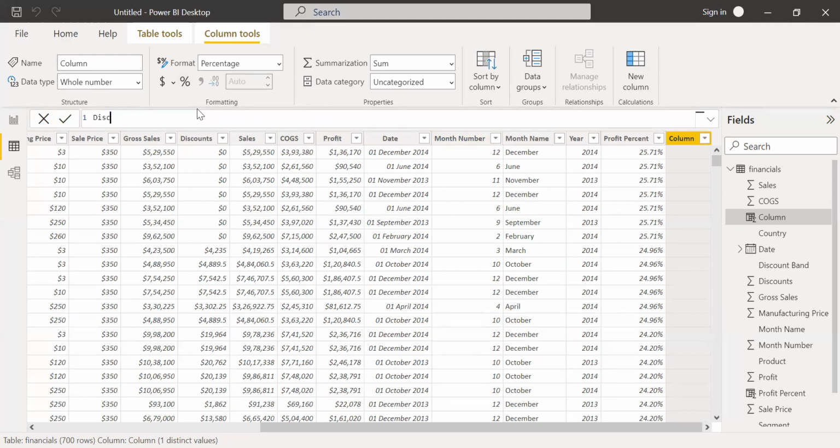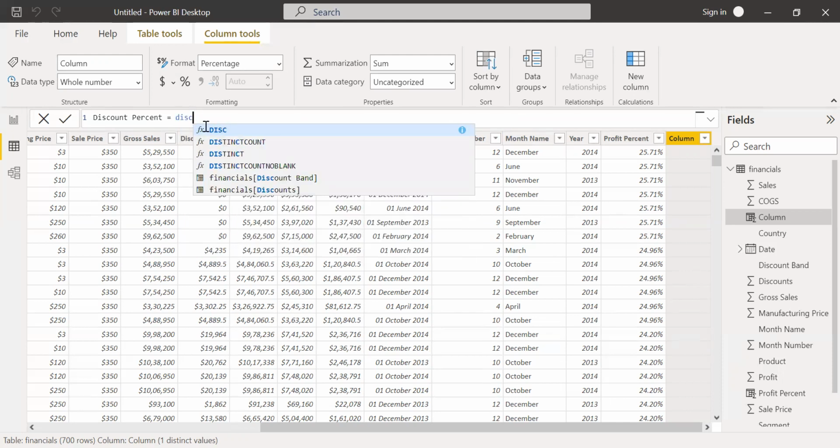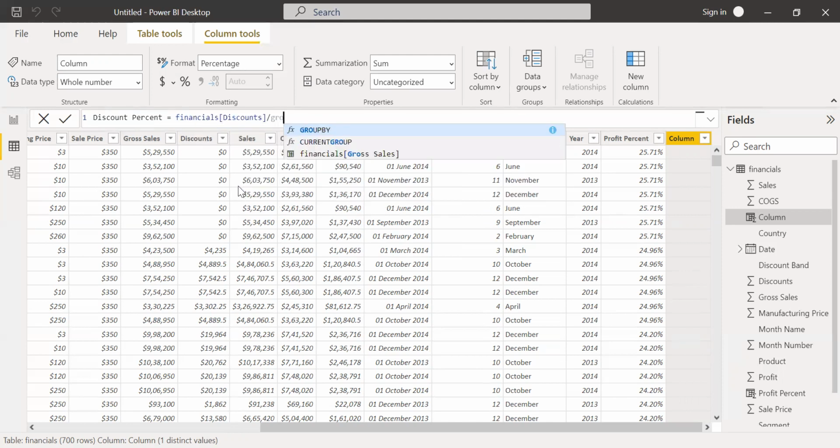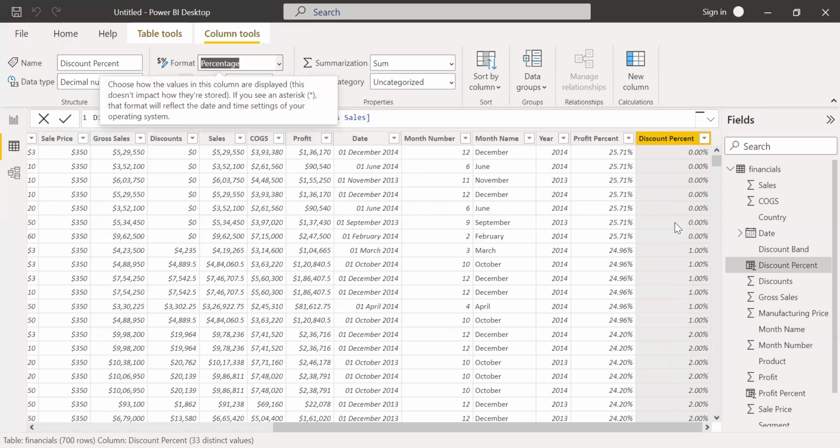So let's make a discount percent. I want to calculate discount percent on gross sale. So I say discount divided by gross sale, and let me make this also a percentage. So now I have the discount percent and profit percent. So what we'll do here is